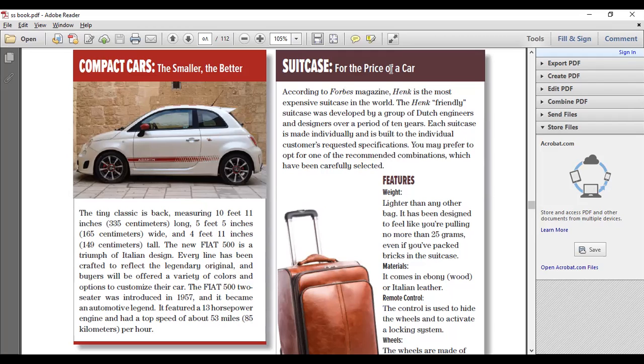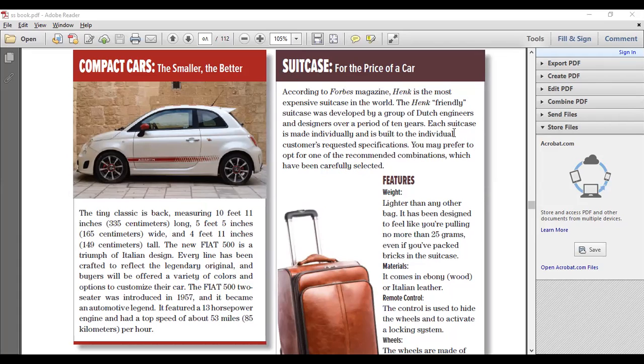Suitcase for the price of a car. According to Forbes magazine, Henk is the most expensive suitcase in the world. The Henk friendly suitcase was developed by a group of Dutch engineers and designers over a period of 10 years. Each suitcase is made individually and is built to the individual customer's requested specifications.